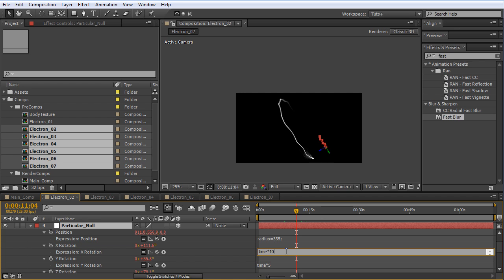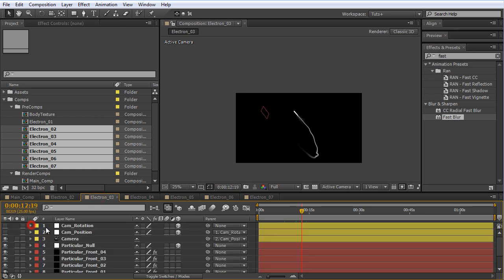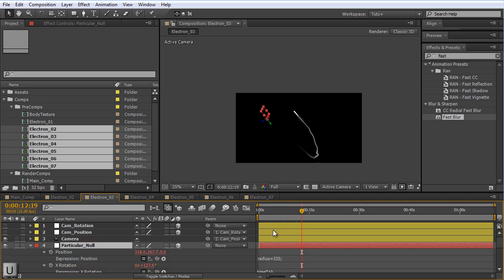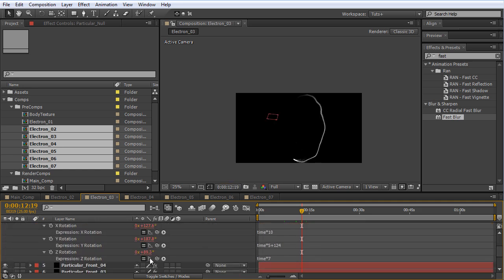So let's say I'll add plus some random number for the X and plus some random number for the Y. I'll do the same for electron 3, let's see, plus some random number for the Y and minus some random number for the Z. I'll do the same for the rest of the electron compositions, and we'll continue on from that point.